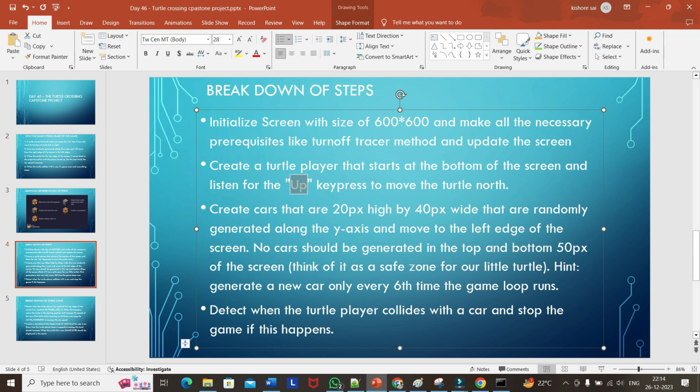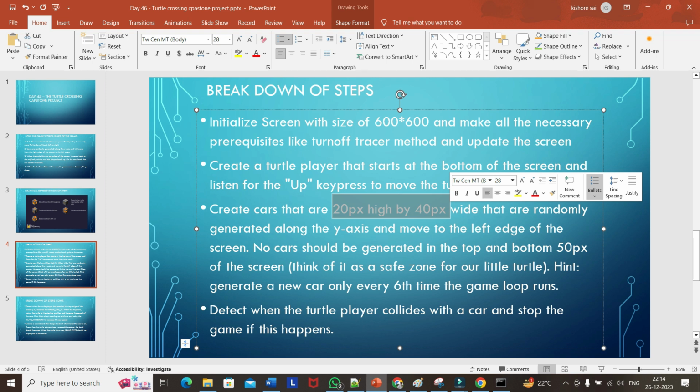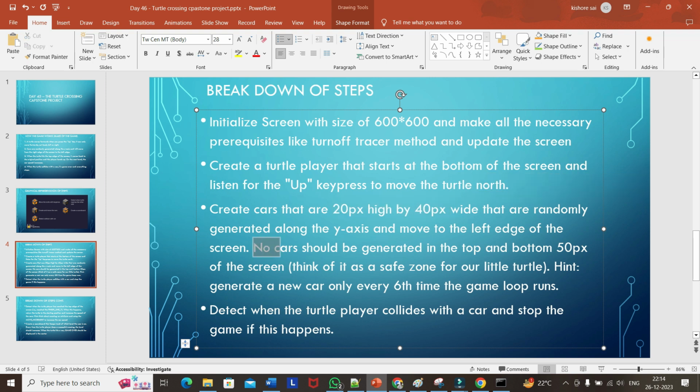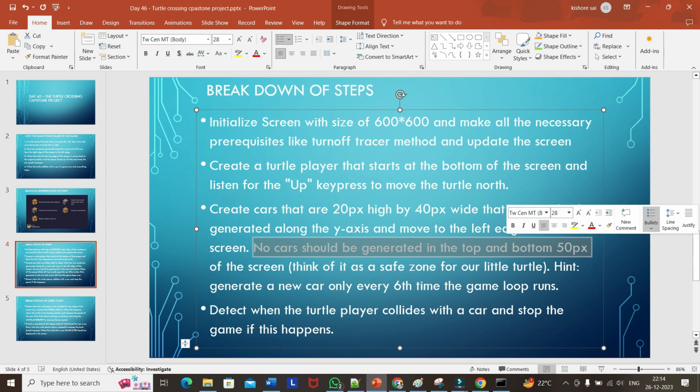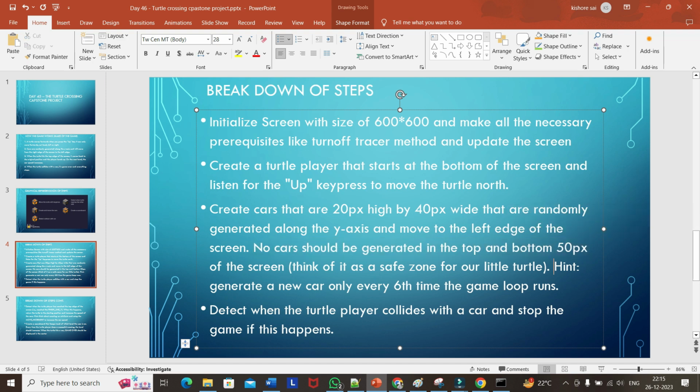Now we will be creating cars that are 20 by 40 pixels wide and that are randomly generated across the y-axis. No car should be generated from the above. There are 300 pixels, so 300 minus 50 is 250: above 250 and below minus 250, the car should not be generated. They have also said to generate a car only once every 6 times